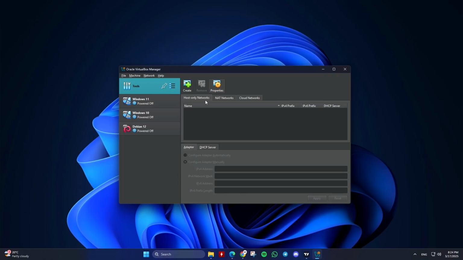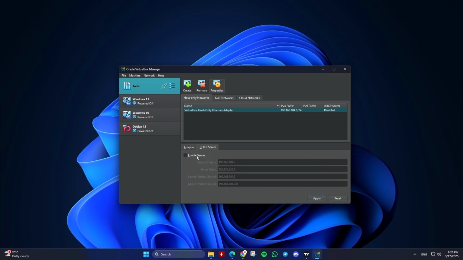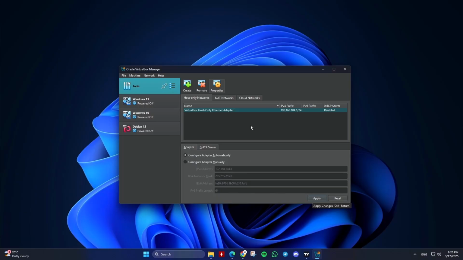Setup. In the Network Manager, go to the Host-Only Networks tab. Click Create to add a new host-only network. Configure settings like IP range and DHCP server, if needed. Assign this network to your VM by going to the VM settings, then Network, and selecting Host-Only Adapter in the